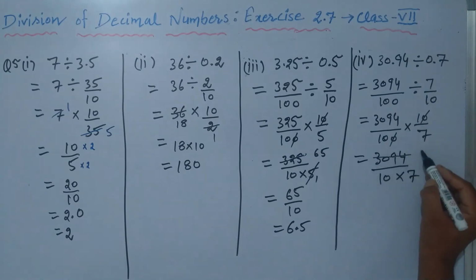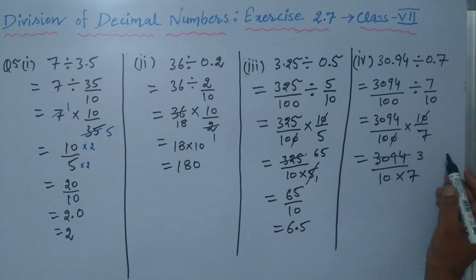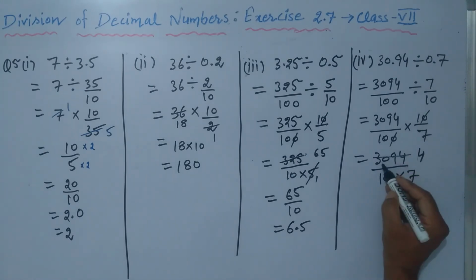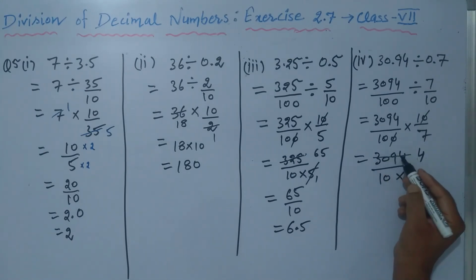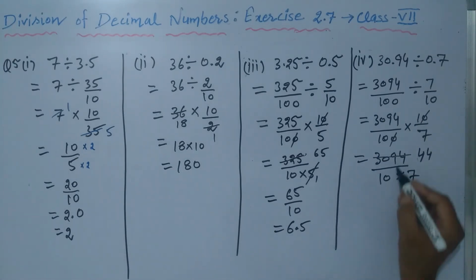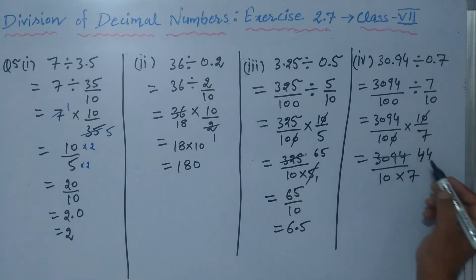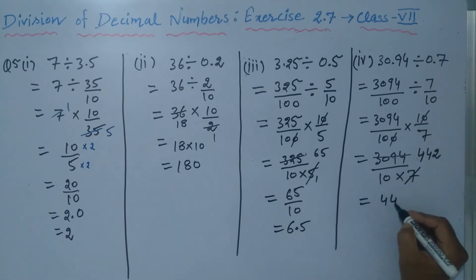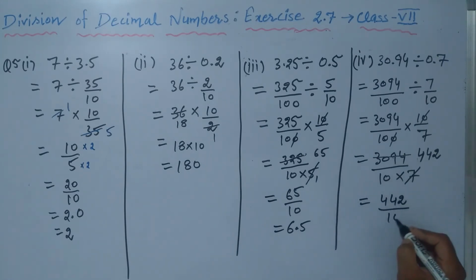So 7 3s are 21, 7 4s are 28, 2 9 29, again 7 4s are 28, 1 4 14, 7 2s are 14. So we are left with 442 upon 10, that means